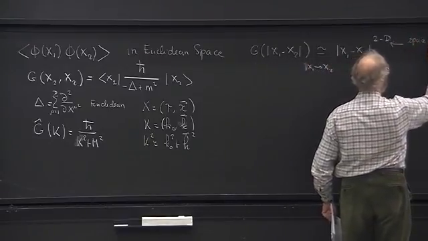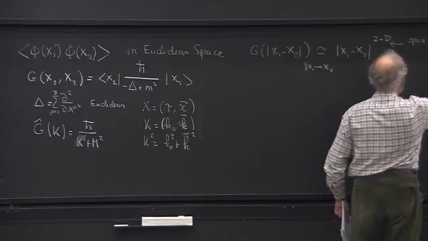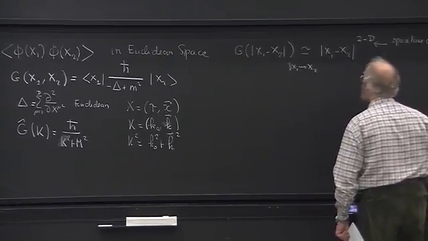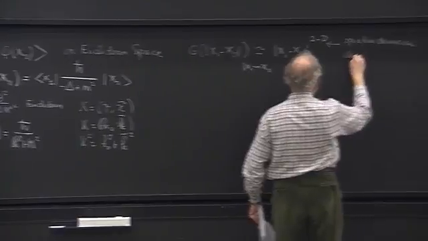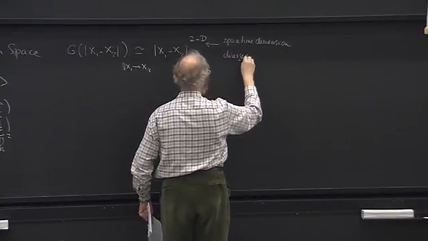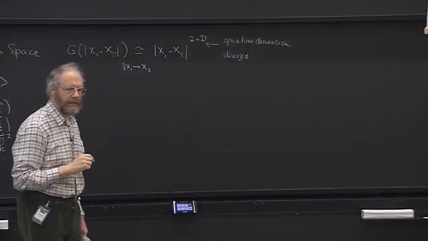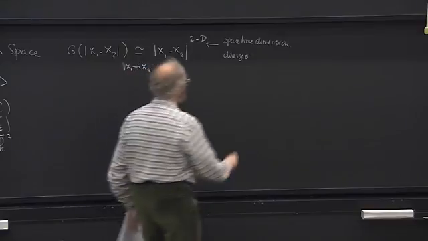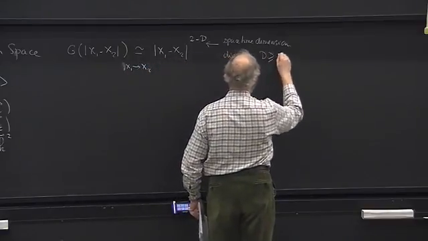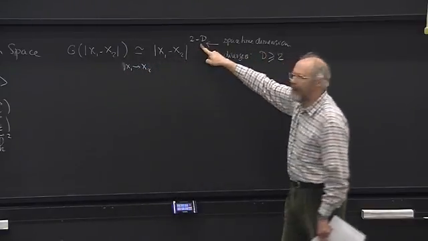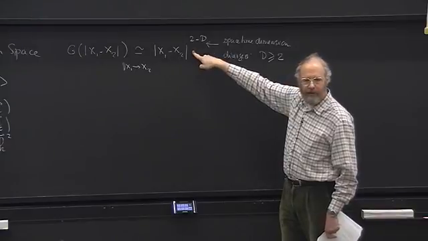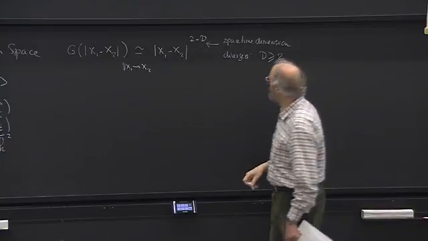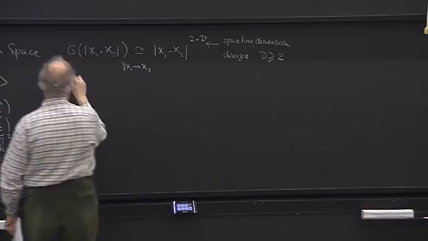Space-time dimension. So it diverges at short distance. And that's something that doesn't happen in quantum mechanics. And it diverges as long as the dimension of space-time is larger or equal to 2. And the higher the dimension, the stronger the divergence. So this kind of divergence are called ultraviolet